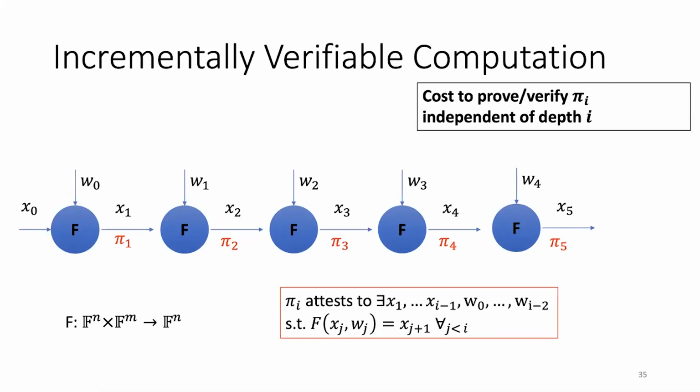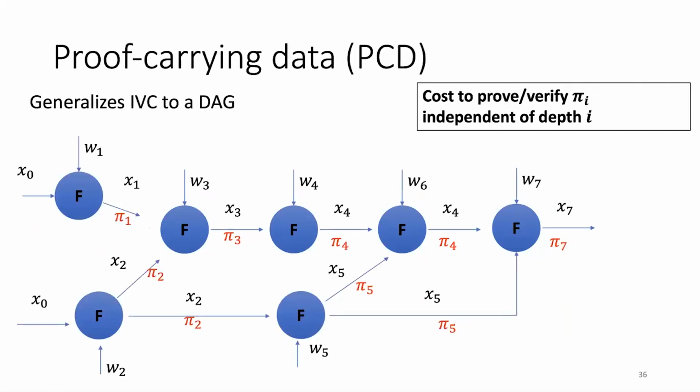In an incrementally verifiable computation, you can think of it as a distributed computation happening, and at every step there's some output of the distributed computation that's taken as the next step, and at every step you produce a proof that verifies the previous proof, and also proves some statement about the new step that's happening. And proof carrying data is just generalizing this to some directed acyclic graph,